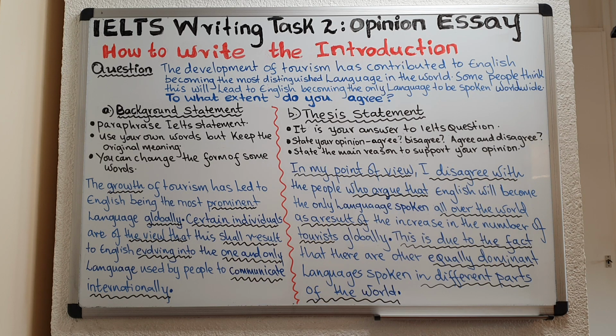We are going to keep the word this. We are going to replace the word will with shall. Shall. And the next word we are going to replace is lead. We will replace it with result. Shall result and will lead mean exactly the same. Will lead to. Shall result to. They mean exactly the same. The next word is English. We are going to keep English, because if we change it, it's going to affect the original meaning.